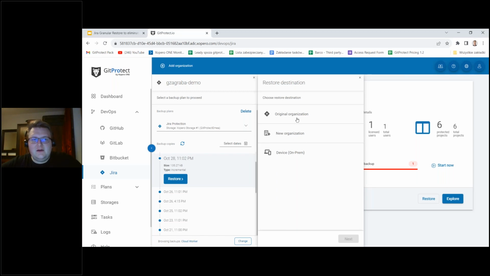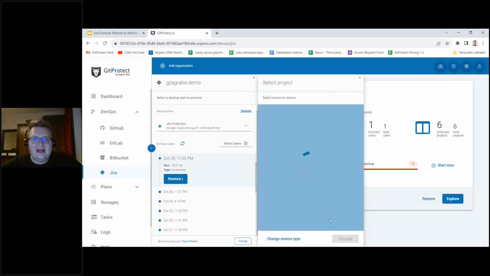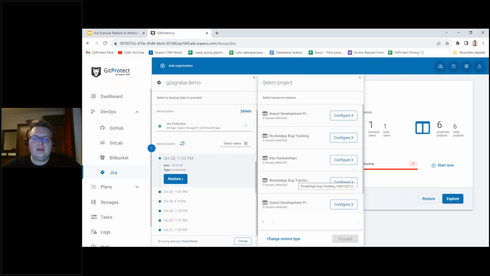Let's walk through together from the simplest scenario we have, so restore to the original organization. Right now, I am able to pick what I want to restore: my projects, my issues, attachments, or workflows. If I go, for example, to pick the option that I want to restore my issues, I can just click restore issue, go next, and GitProtect allows me right now to browse through the list of all projects that I have in my